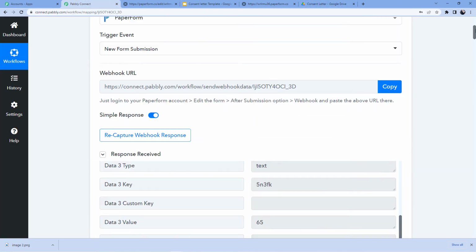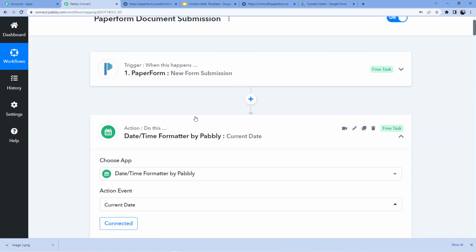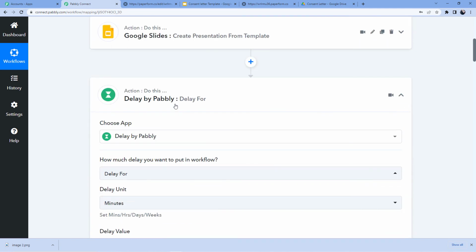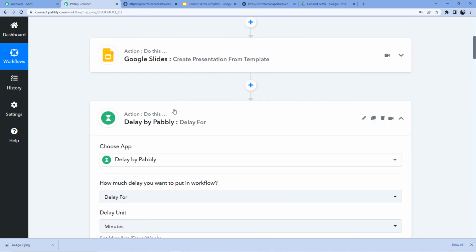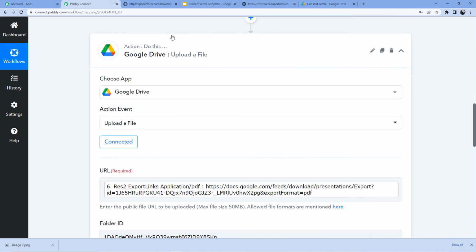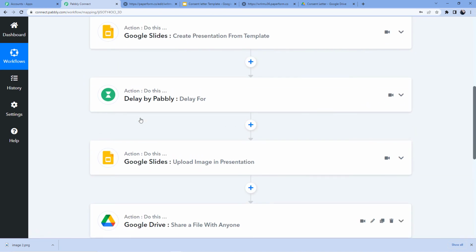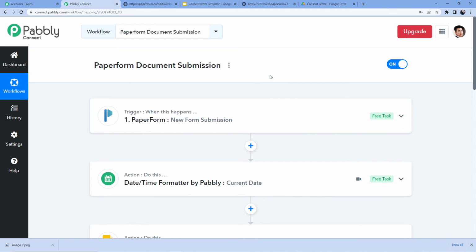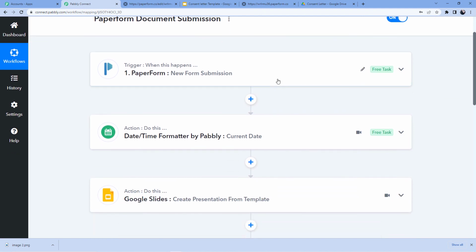So friends, our automation is successful, and this automation can do wonders if you want a lot of people to sign a particular document and save it into the PDF format through a form application, you can use this automation, and it can be very, very fruitful for your business especially.